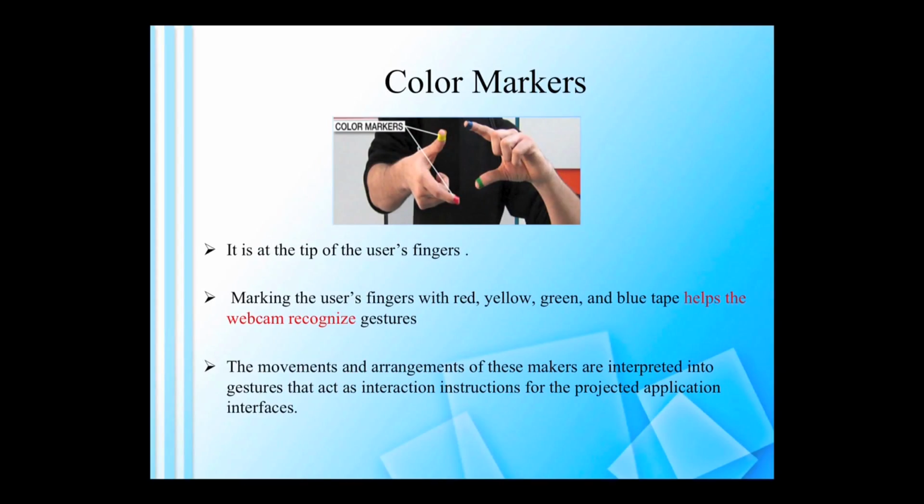Next, coming to color markers. Color markers are tape-like structures that are placed on the tips of our fingers. Like these, here we use four tapes. These are of different colors: yellow, red, green, and blue. These are marked in different colors so that the webcam or the camera can understand the gestures. The movements and arrangement of these markers are interpreted into gestures that act as interaction instructions for